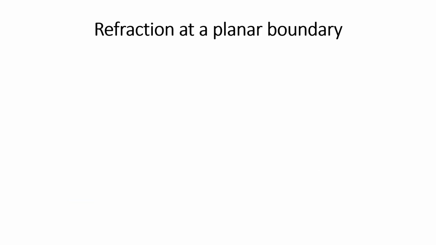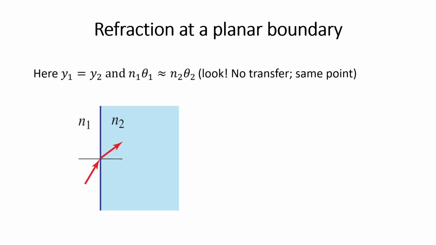Next, we consider the refraction at a planar boundary. At the boundary, the ray is not transferred, only its angle has changed, as you see in the figure. So I can write y1 equals y2, and according to Snell's law, I can write n1 theta 1 is almost equal to n2 theta 2 for small angles, and refractive indices n1 and n2. So the transfer matrix for this system is 1, 0 in the first row and 0 and n1 over n2